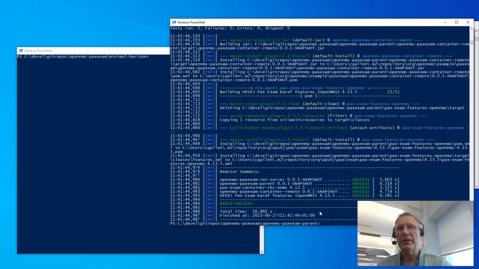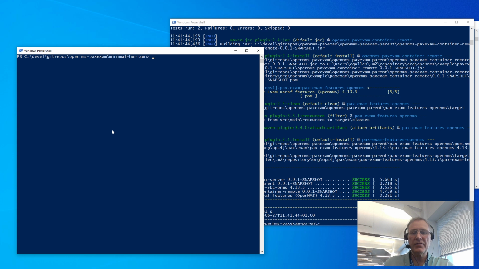And once that's completed, we now have all of these jars available in our local M2 repository. Now the next thing we need to do is import those jars into the right places within our Minimal Horizon project. This Minimal Horizon project is basically copied from StackPlay. It is an OpenNMS Docker